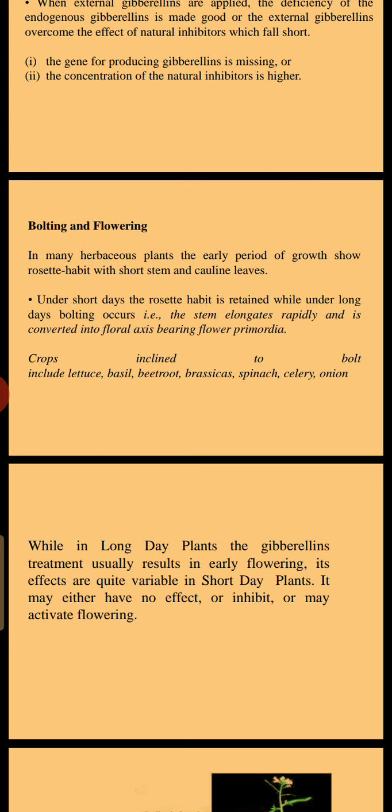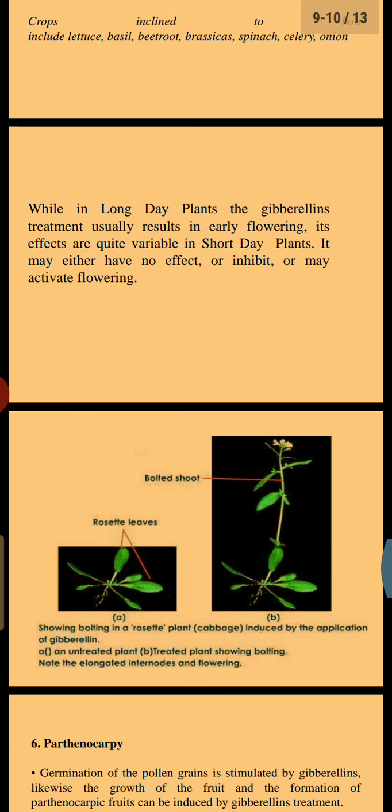Light inhibited stem growth, this does not need much explanation, because when we manually did the experiment, we put 3 or 4 pots: one potted plant inside the polyhouse, one potted plant inside the shade net, and one potted plant in open condition. When we observed, in open condition the stem length or internode elongation is shorter than the shaded one. So this slide is saying the same thing.